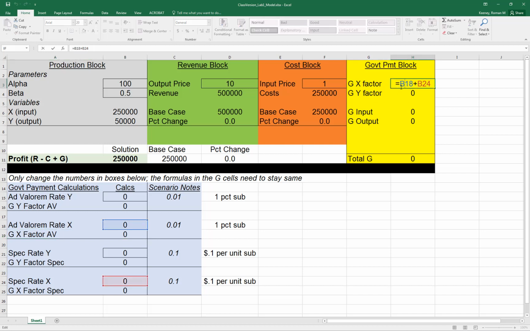So this GX factor is B18 plus B24. Well, I'm allowed to do that. Oh, that looks like a mistake. Yeah, that's a mistake. I'll fix that. So that formula, so we're supposed to add,